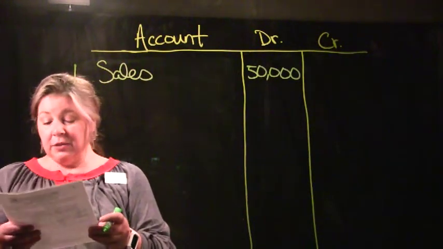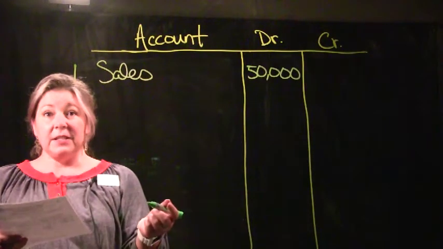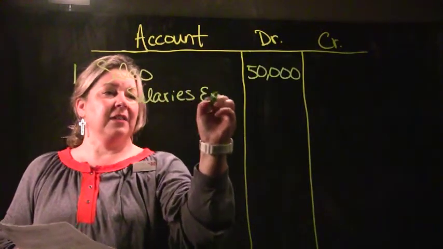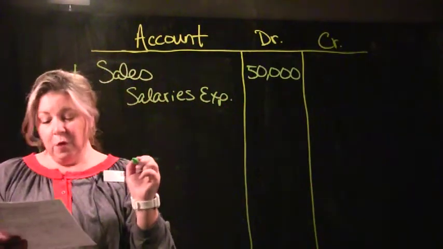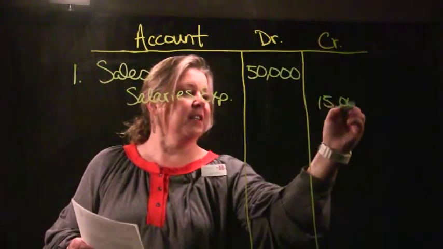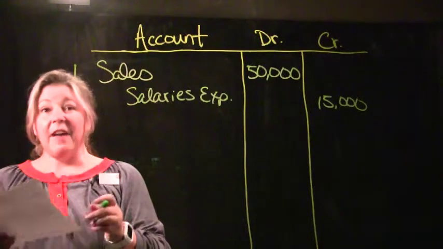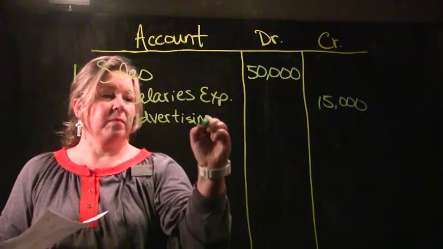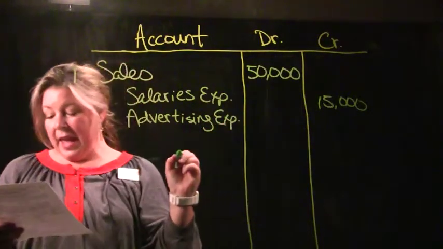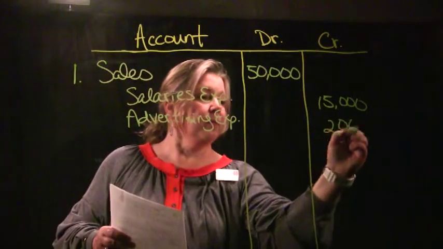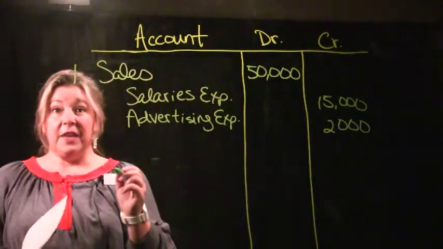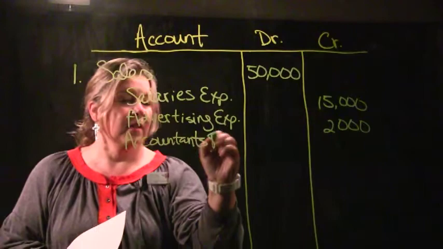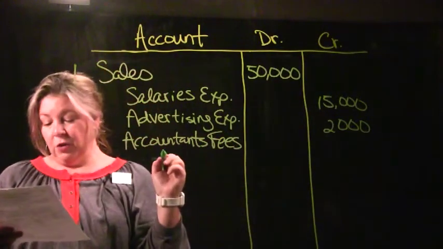So I look on my trial balance and I find I have a salaries expense account. So I credit salaries expense for $15,000. Sorry, I'm tongue-tied today. And then I see I have advertising. So advertising expense will be a credit for $2,000. And then I have accountant's fees. So maybe you'll be getting paid some of those someday. And I'm going to credit them for